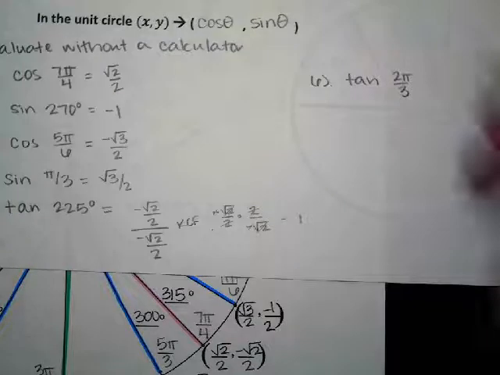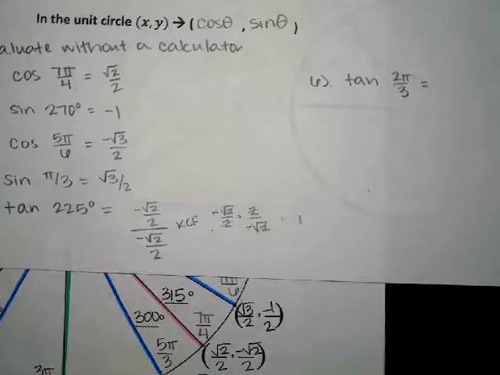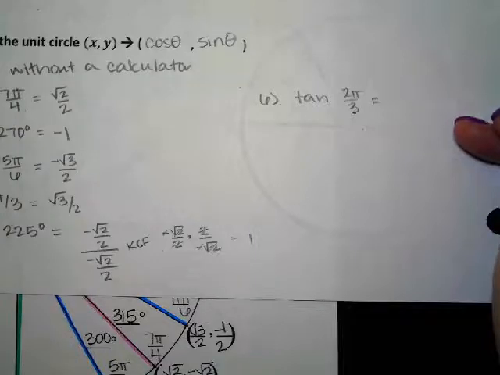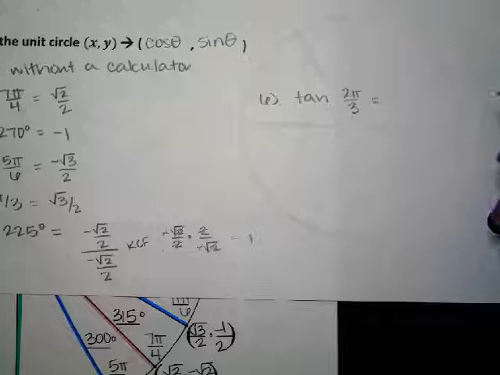Which one goes on top? Not for 2 pi thirds. Square root 3 over 2 is the y coordinate. That goes on top. And then on the bottom, we have